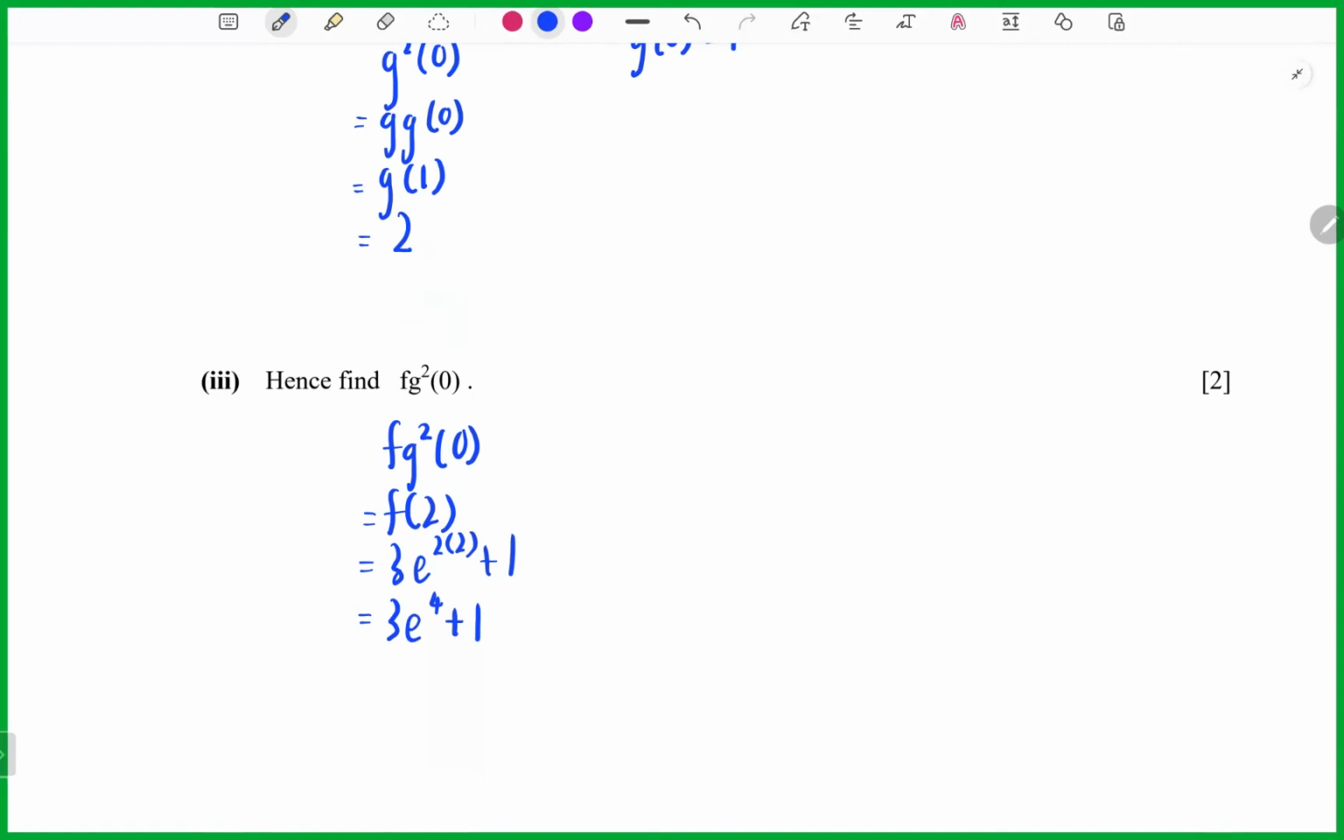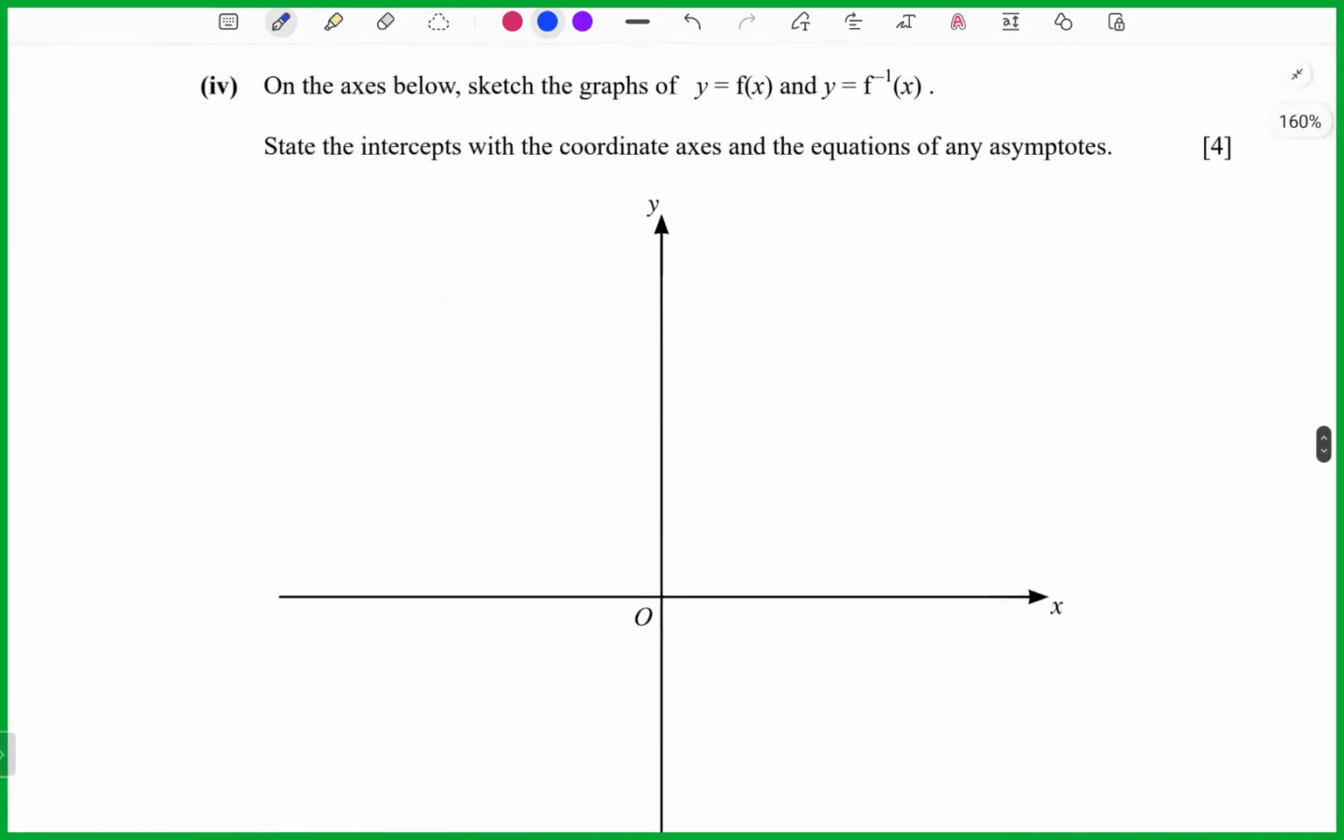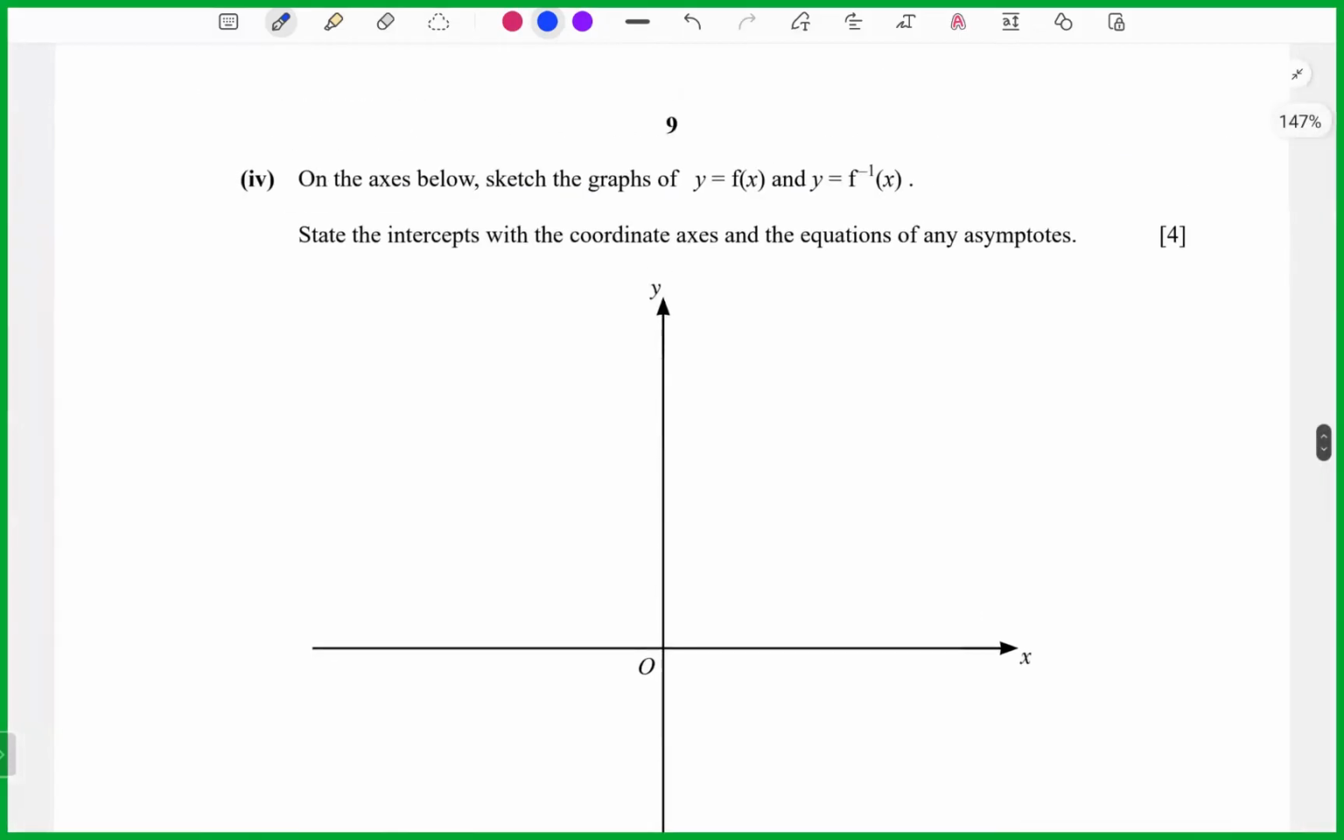Okay, now let's see part 4. On the axis below, sketch the graph of y equals f(x) and the inverse function of f(x). State the intercept with the coordinate axis and the equations of any asymptotes. Okay, whatever I want here, y equals 3e^(2x)